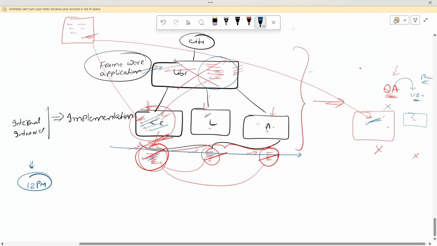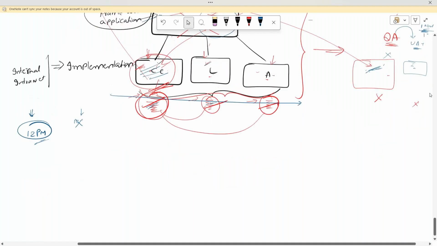But if you go to any private bank, ICICI Bank or Axis Bank or Citibank, whatever, they will not say server down related things. Why? Because they are very cautious about performance. Government websites generally will not bother about all these things. So in production, if something is going slow, say my bank is Axis Bank or Citibank,